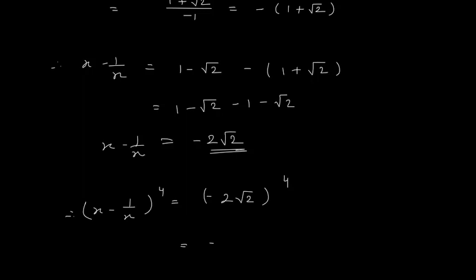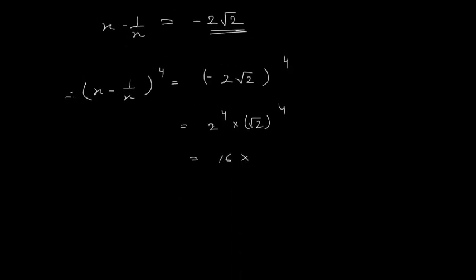So it is 2^4 into (root 2)^4. 2^4 is 16, into (root 2)^4, which means (root 2 square) whole square. 2 into 2 is 4. So this becomes 16 into (root 2)^2 is 2, so it is 2^2. So this is 16 into 4 is equal to